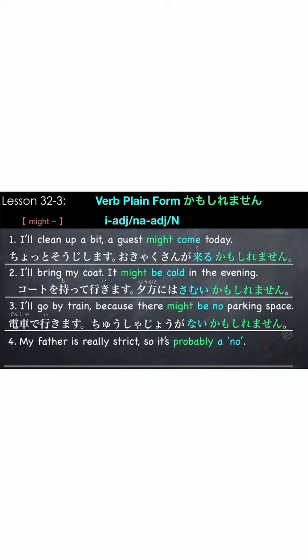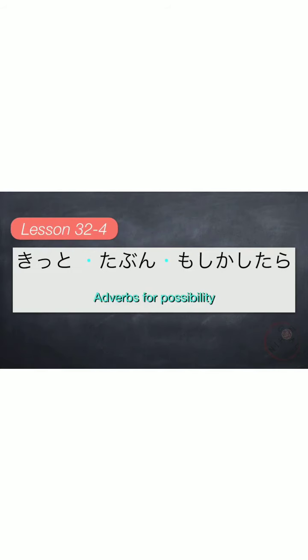And the last example is using a na adjective. My father is really strict, so it's probably a no. お父さんはすごい厳しいからダメかもしれない。So here we are using the plain form of かもしれません, which is かもしれない. お父さんはすごい厳しいからダメかもしれない。